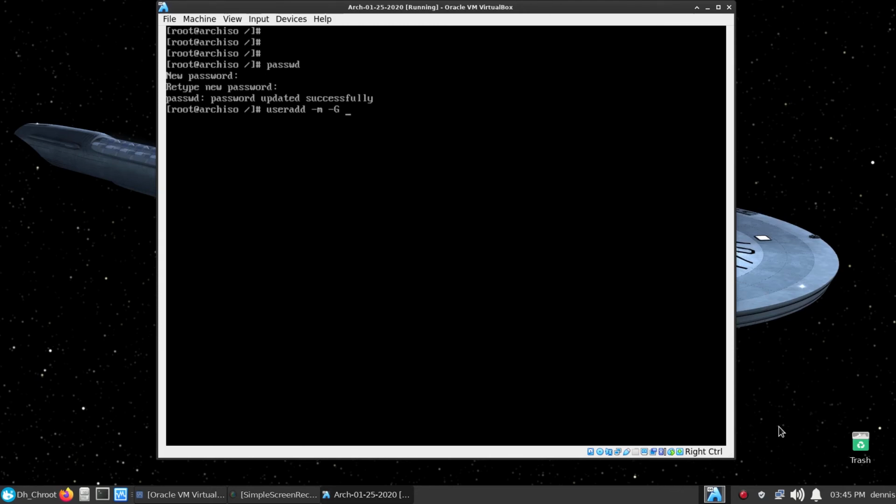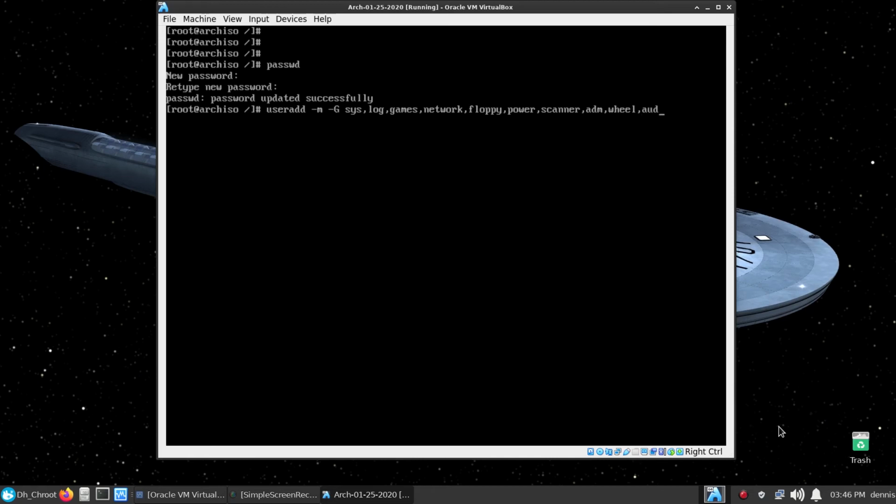Probably don't need but two or three of these, but I get them all. sys, log, games, network, floppy, power, scanner, admin, wheel,